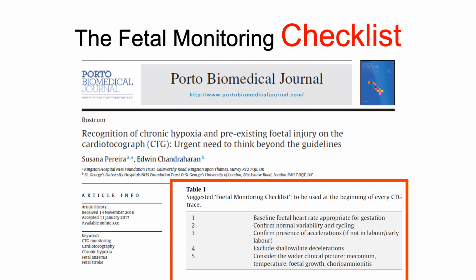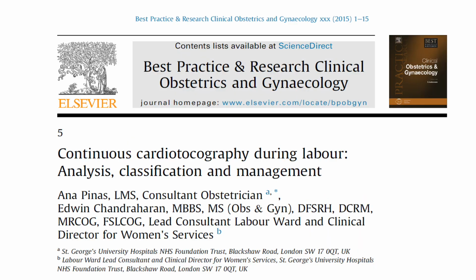Finally, let's ask a question: how is this fetus different to other fetuses in the labor ward, by understanding the wider clinical picture. Once we do this checklist and confirm that this fetus is fit for labor, then